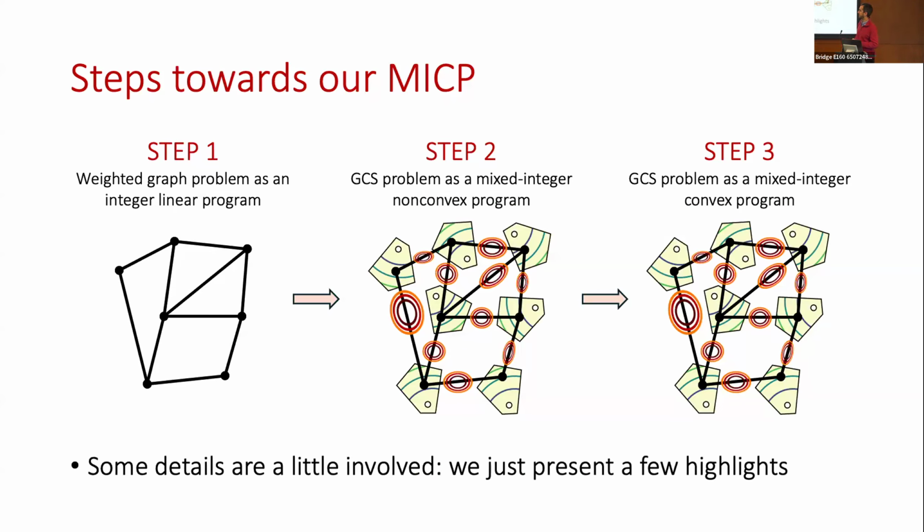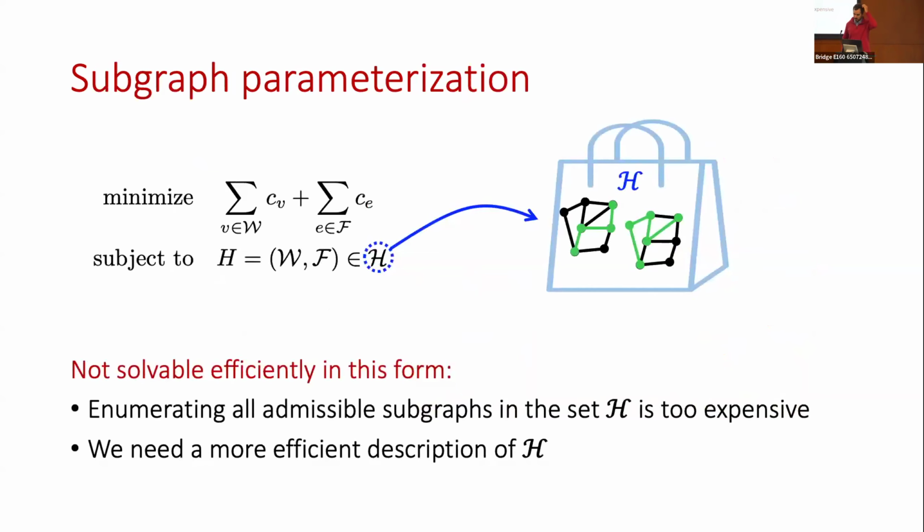And again, the details are a bit involved, so I will just give you some high-level highlights. So the first step is we start from the purely discrete combinatorial optimization problem. We've discussed this before. We want to select a subgraph H within a list of admissible subgraphs. It can be a path in a graph, a tour, etc. We want to find a subgraph of minimum weight, where the weight is the sum of the weights of the